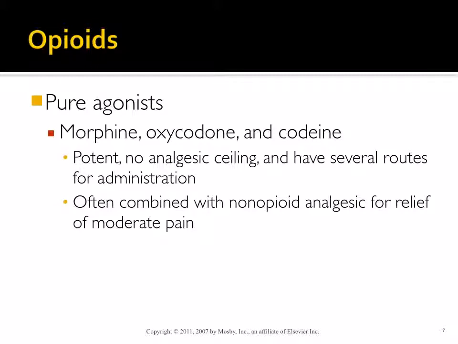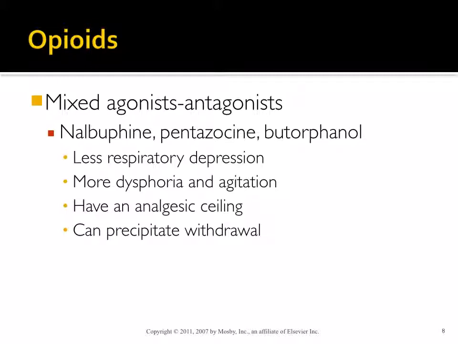Sometimes these morphines are combined with non-opioid analgesics for relief of moderate pain. Now, let's go to the next slide. This is mixed agonist antagonist. There are some opioids which have properties of both agonist and antagonist, and these are nalbuphine, pentazocine, butorphanol, and